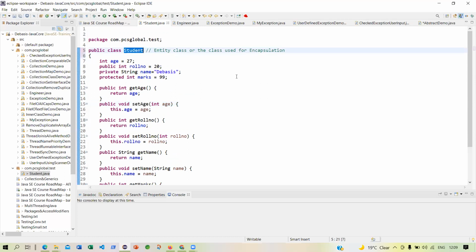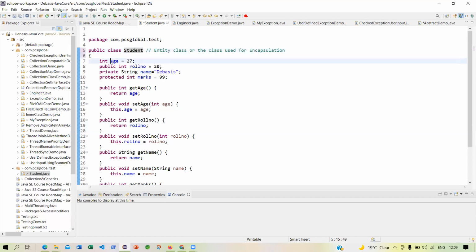Entity means this particular class will have a one-to-one mapping with a table of a database. We have also gone through MySQL, didn't we? Yes, sir. So this is like a table. Though we cannot represent a table directly in a Java application, we have an entity class, which will be a mapping to a table called student. The student table will be in small letters, but here, since it's a class, you have to start with a capital letter. That is the only difference.